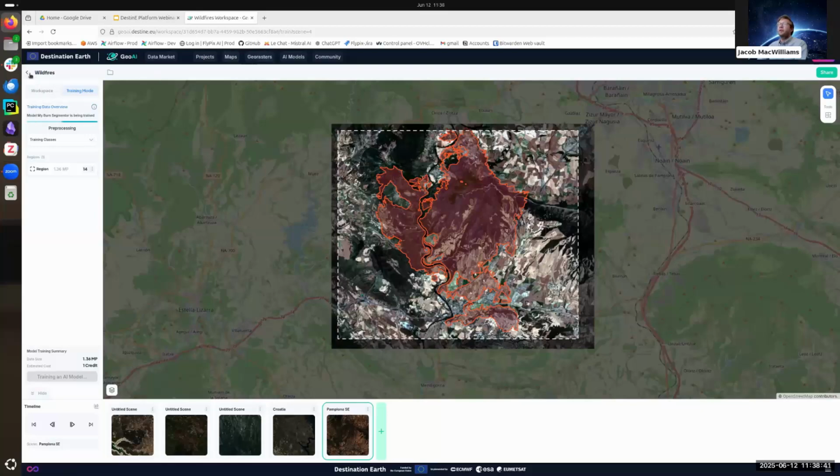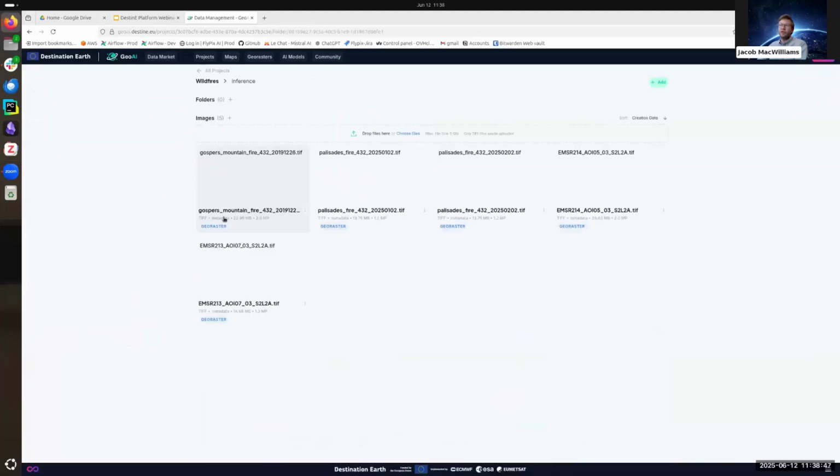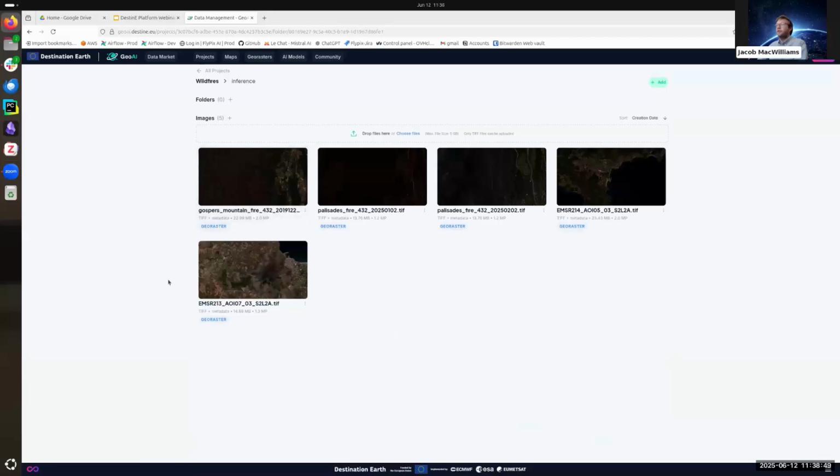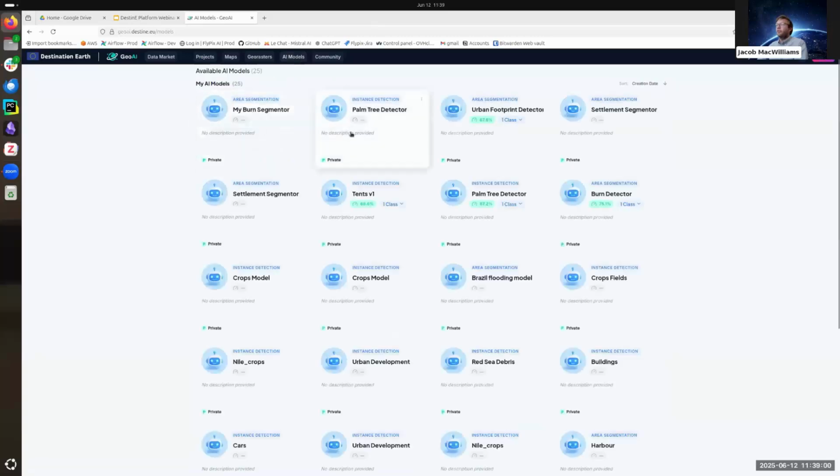And because of that, we can actually jump over to inference after our model has been trained. Now, inference is, of course, the main use case once we have a model and we have trained it. Again, let's actually jump over here. We see this is the one I just started training.